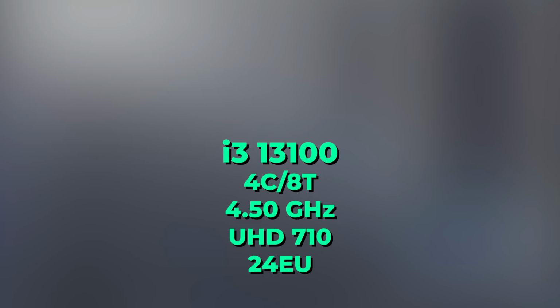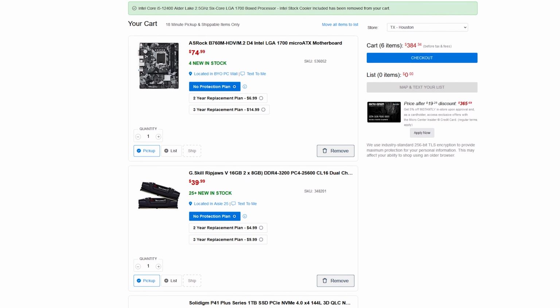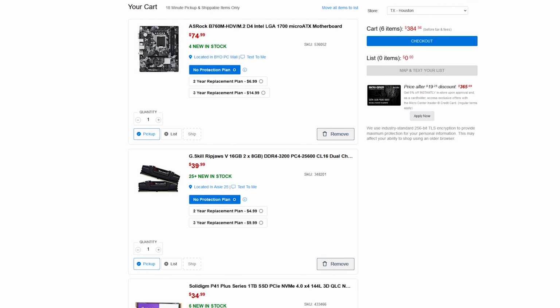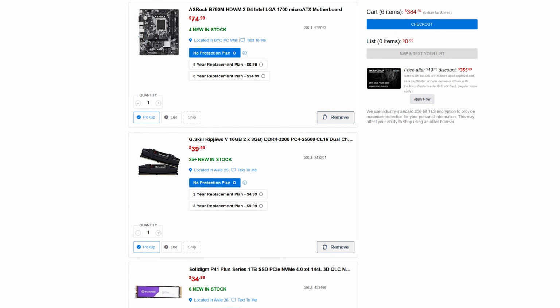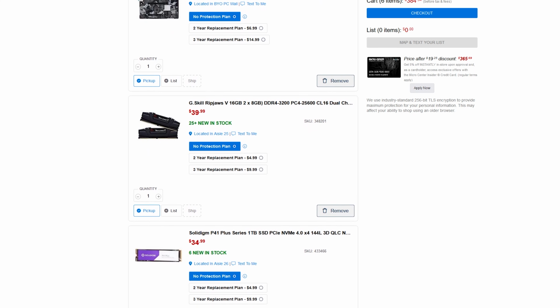Of course, there are lower end Pentiums and Celerons, but this is as low as it gets to get into that core architecture. So out of curiosity, I actually went onto Micro Center's website and put together a system for the i3 13100. And what I was able to piece together was a system with a final price before tax of